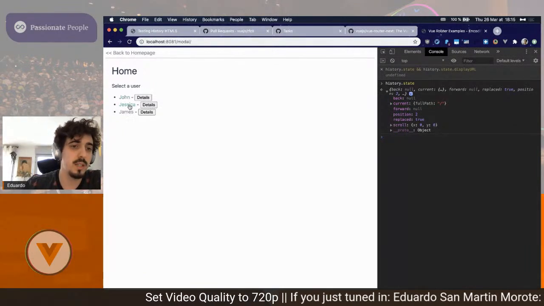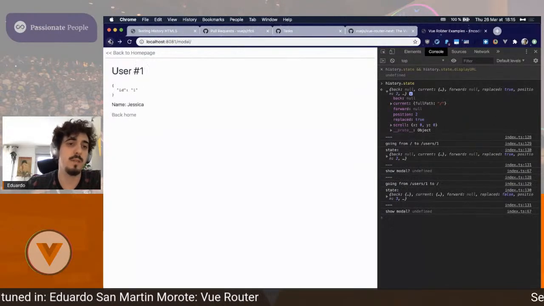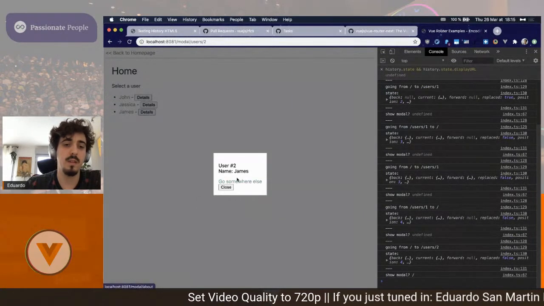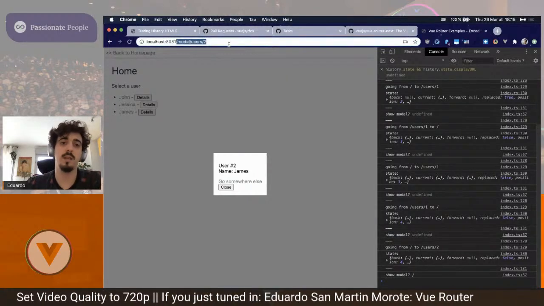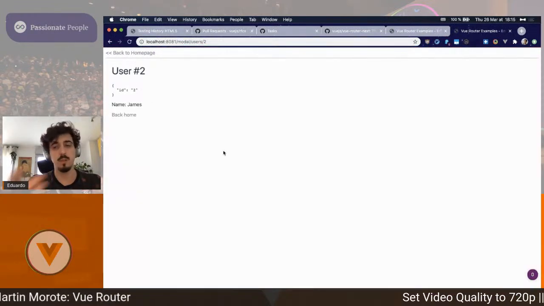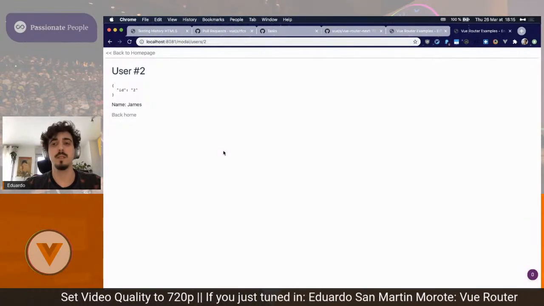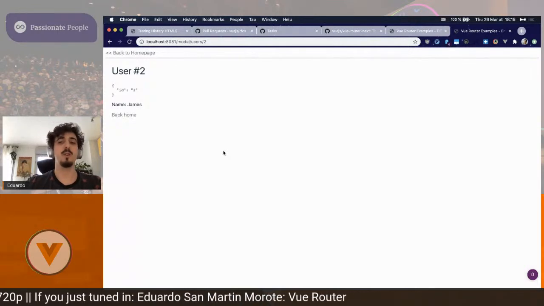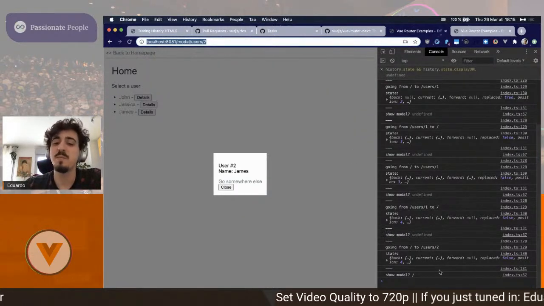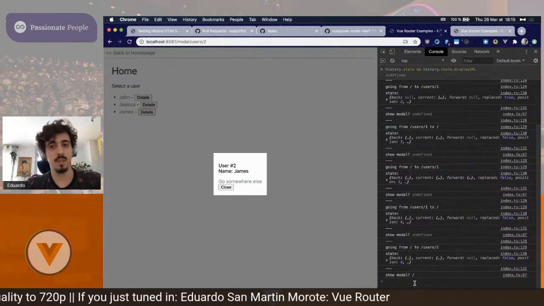So for example, if we click on some user, we're going to see that the URL changes. We have the correct params. We can go back home. We can navigate back, etc. The idea here is we can display a modal with that information, and we have the URL looking like it was the user. But if we go to that URL directly, we're going to end up on the page with the user detail, which is pretty much like, I think Twitter doesn't do it anymore, but Instagram does it. I think Pinterest doesn't do it anymore. It's a bit weird. It's a feature that is very easy to mess up because it involves the history. But it does have some utilities like sharing content on social media and stuff like that.